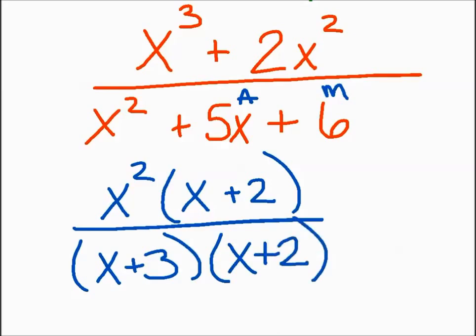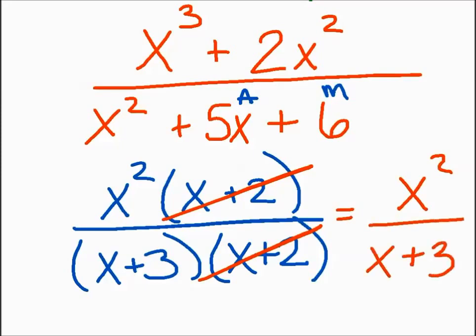And lastly, I can cancel anything that's the same on the top and bottom. So x plus 2 and x plus 2. So I've got x squared over x plus 3. Now I can't cancel that any further because this is being added. And remember, we're only